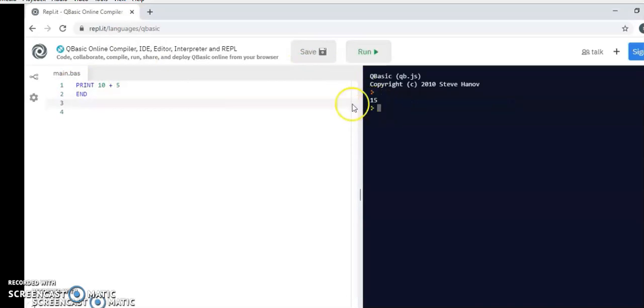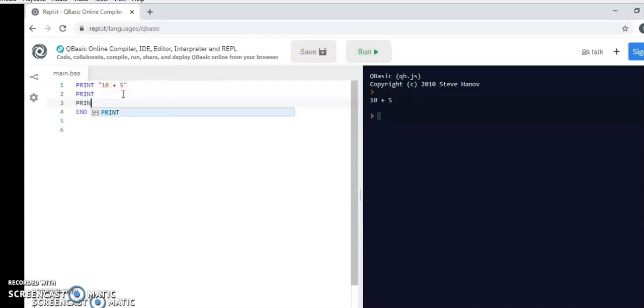Yes, 10 plus 5 runs, so you can see 15 is coming over there. Okay, now imagine I am putting double quotes over here. Not imagine, just see what's happening. Observe what is happening. After 10 plus 5, one blank line was there. I'll just add one more line so that it's clear for you. 10 plus 5. So 15 comes in, the other one, whatever is there in the double quotes, is printed as such.